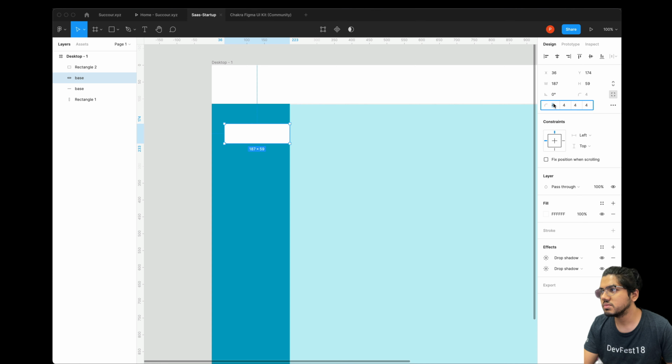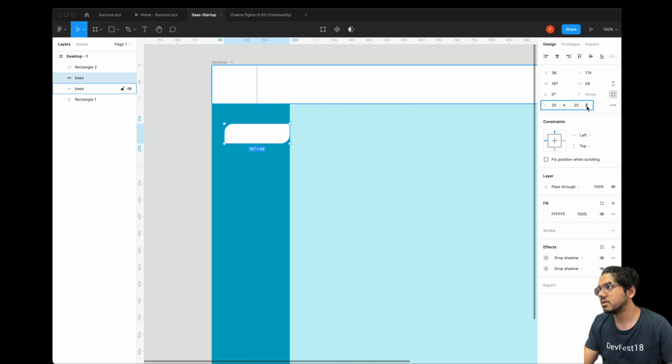So it uses the similar corner radius strategy like in CSS, which is clockwise rotation. So the first one will be on the left hand side's top, which we'll make 25, and the last also we'll make 25, and the rest we'll make 0 and 0.